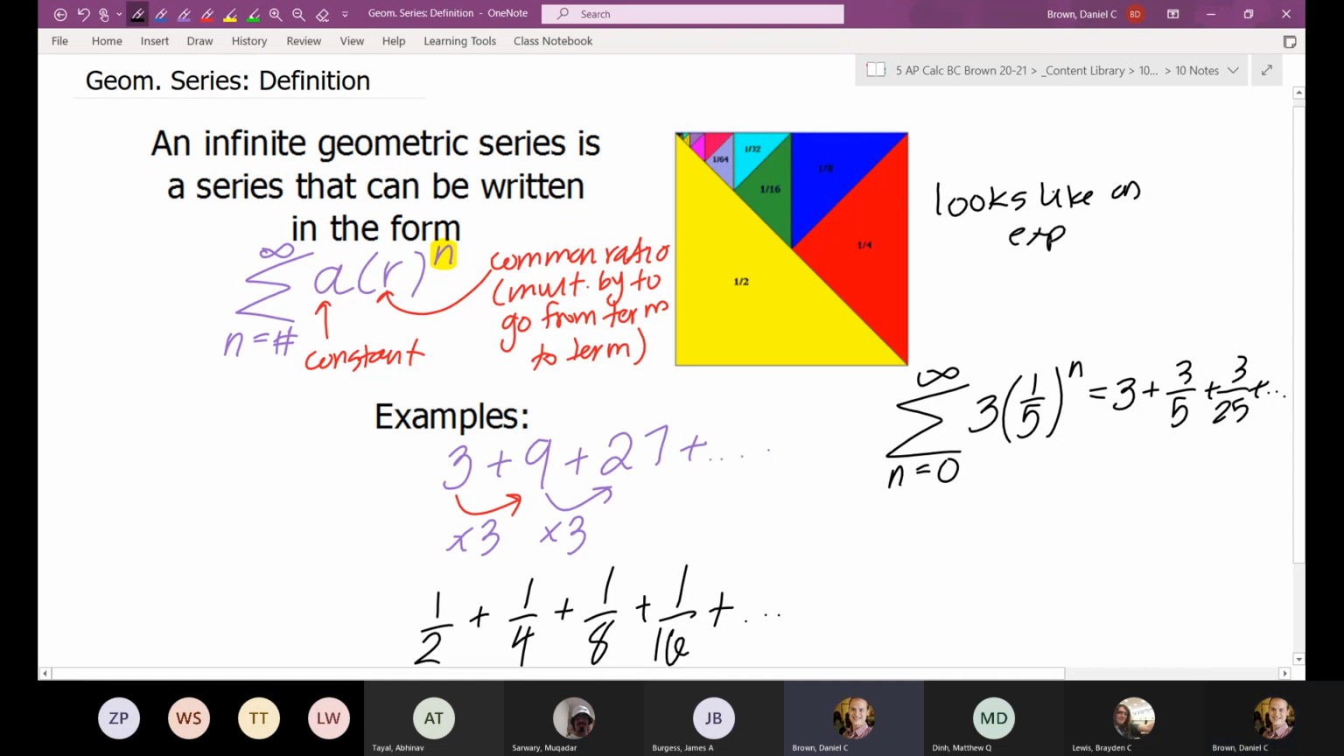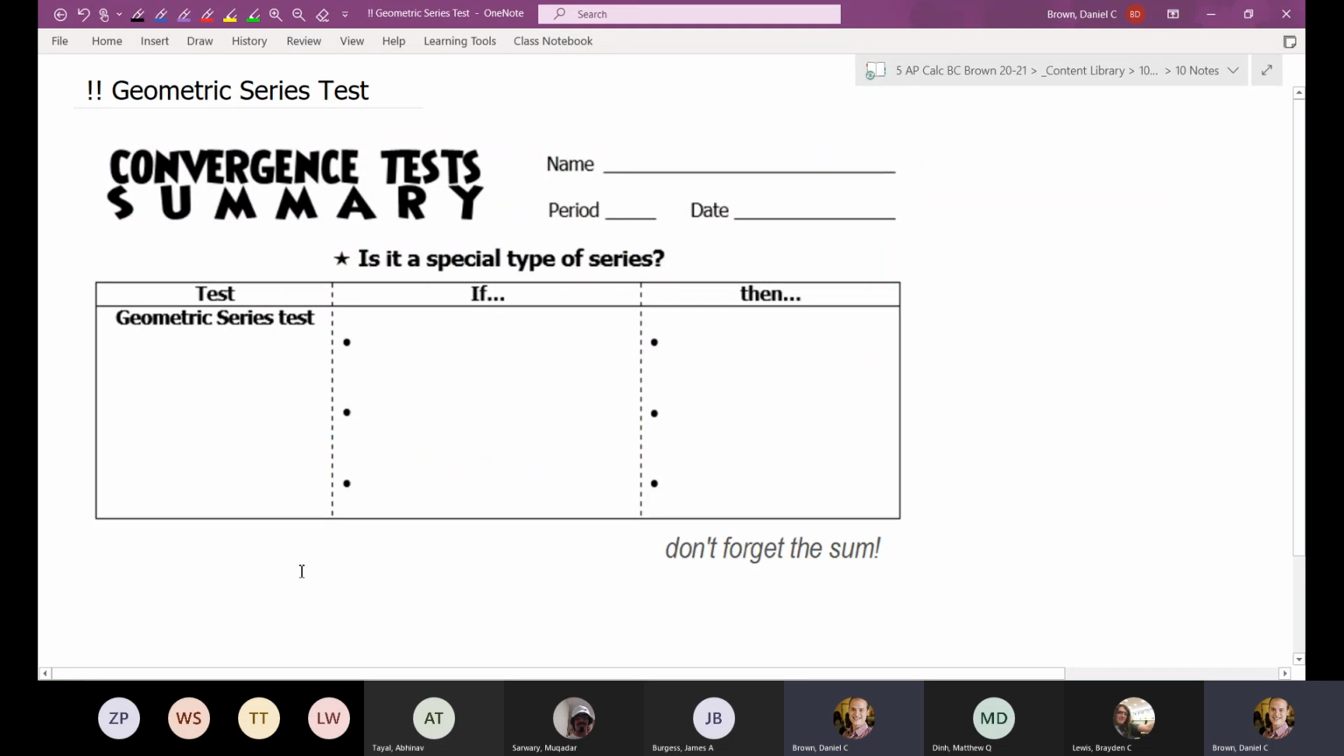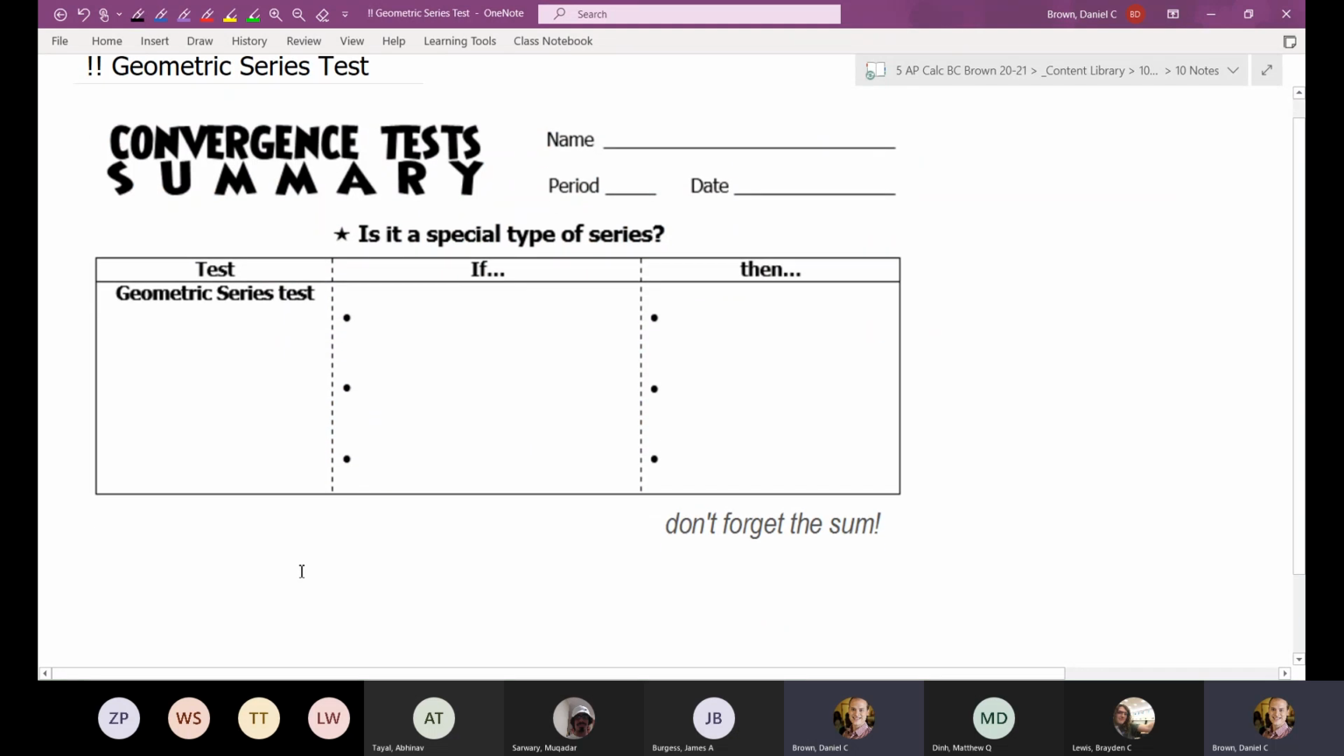It may not look like a nice, clean, simple exponential function, but in general, if it looks exponential, there's a high likelihood that it is going to be a geometric series, and then it's going to be pretty easy to interpret. So when it comes to a geometric series, the way that we're going to determine whether a series is convergent